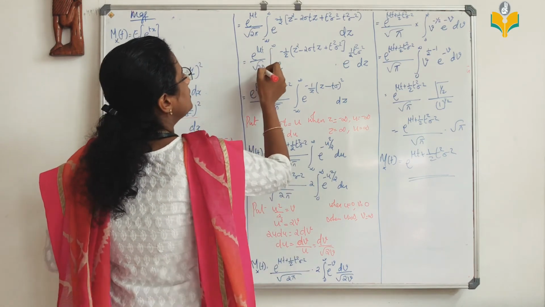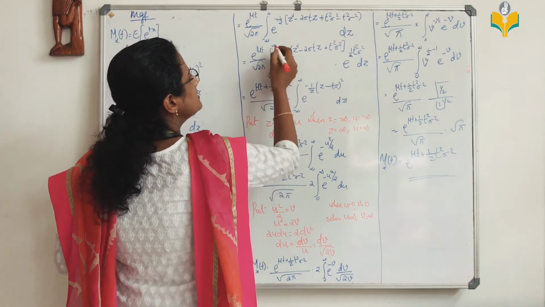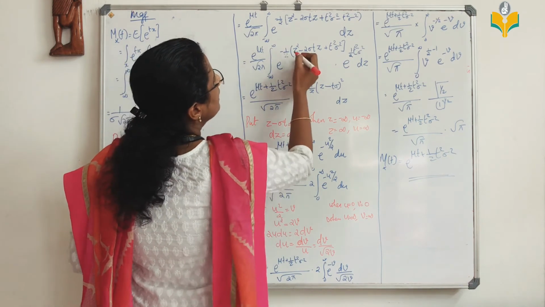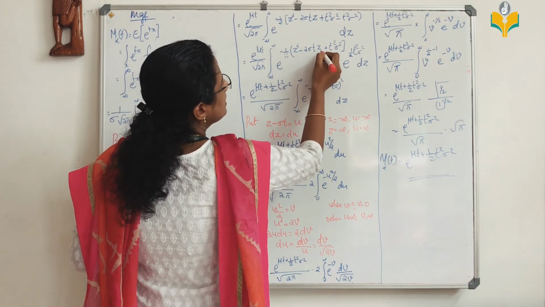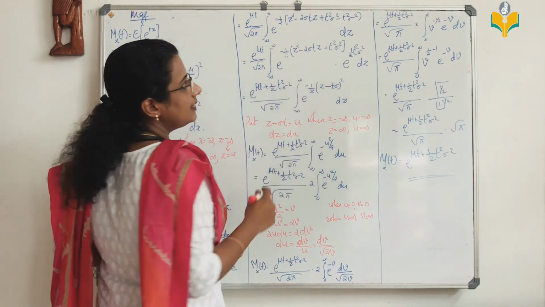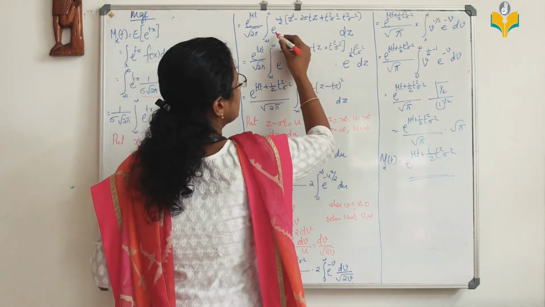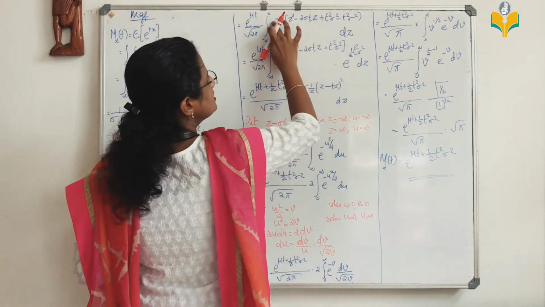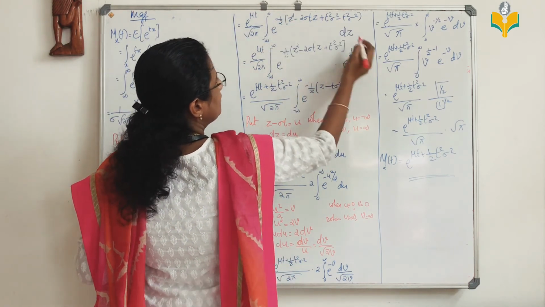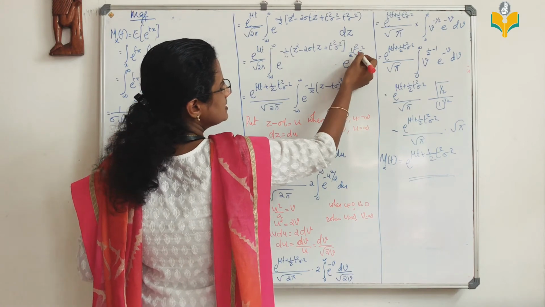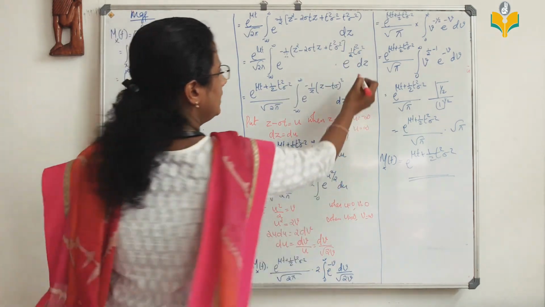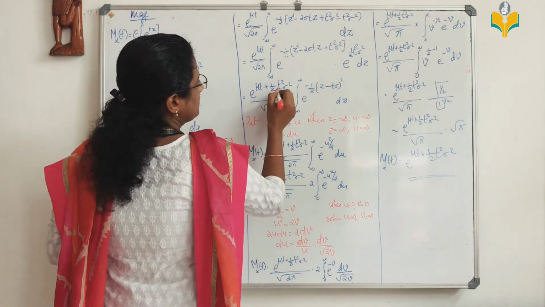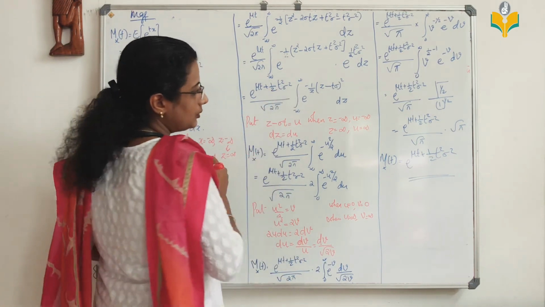And e raised to mu t by root 2 pi into integral minus infinity to plus infinity e raised to minus half into z square minus 2t sigma plus t square sigma square. I will take e raised to minus t square sigma square outside; minus into this minus plus this half will go to e raised to minus half t square sigma square dz. Clear? Now e raised to mu t plus half t square sigma square divided by root 2 pi into integral